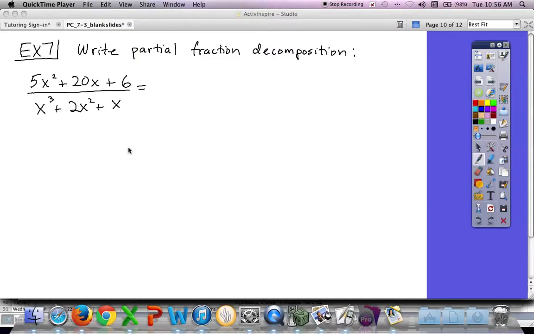Okay, write the partial fraction decomposition. Again, what was the first step? Factor the denominator, okay. How is this going to factor? Okay, notice the greatest common factor is x. If I take that out, then what I'm left with is,